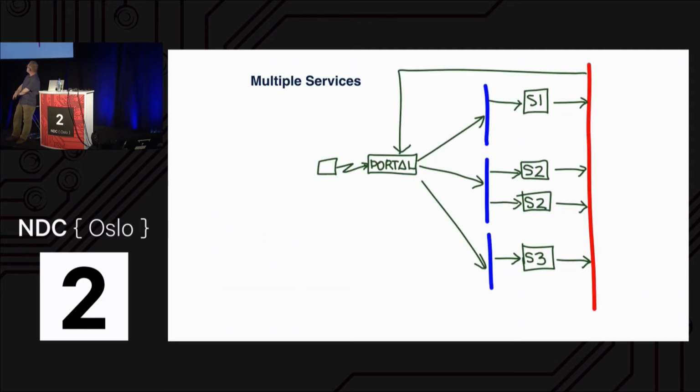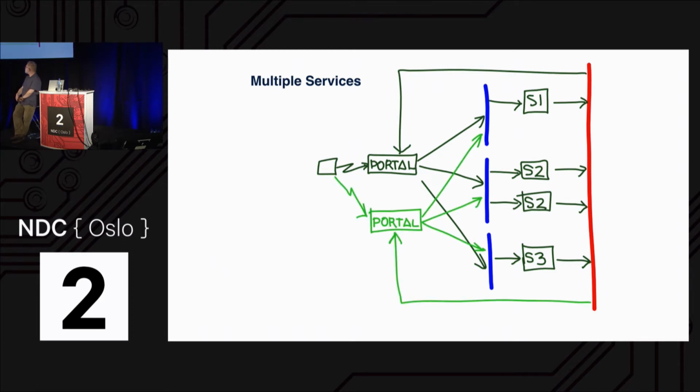All right. Now, also, we could have multiple portals feeding multiple buses. So every one of these blue lines is effectively a broker in the Mongrel system. And so you'd have one broker per microservice. And then on the other side of those brokers, there would be as many instances of the services that you needed to handle the current load. And of course, we could have multiple portals feeding multiple buses if we wanted to do that. This is characteristic of messaging systems, as the diagrams get really messy very quickly. Okay?